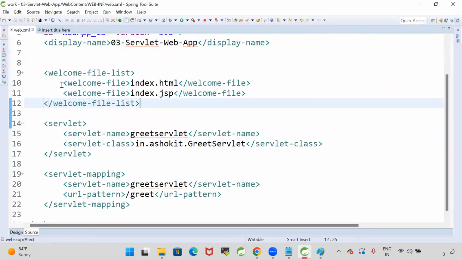First it is checking whether index.html is available in the project. If it is available, it will load that page as the welcome page. If that file is not available, then it will check for the second one, that is index.jsp. Index.jsp is available, so it will load that JSP file as the welcome page. So interview,